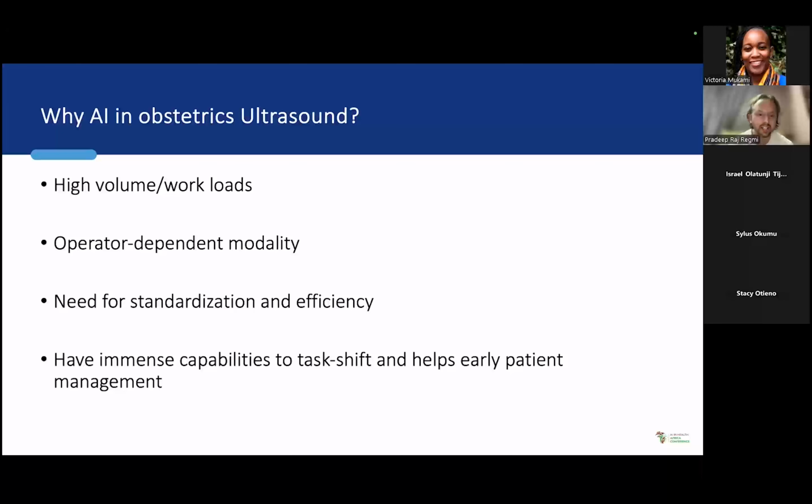AI can take this task. It is quite operator dependent, as is the diagnosis, so the diagnosis can be different from different clinicians. So there is a need for standardization and efficiency. AI can literally help in this aspect as well. And as I've already said, there are immense capabilities to task shift these, which can help in early patient